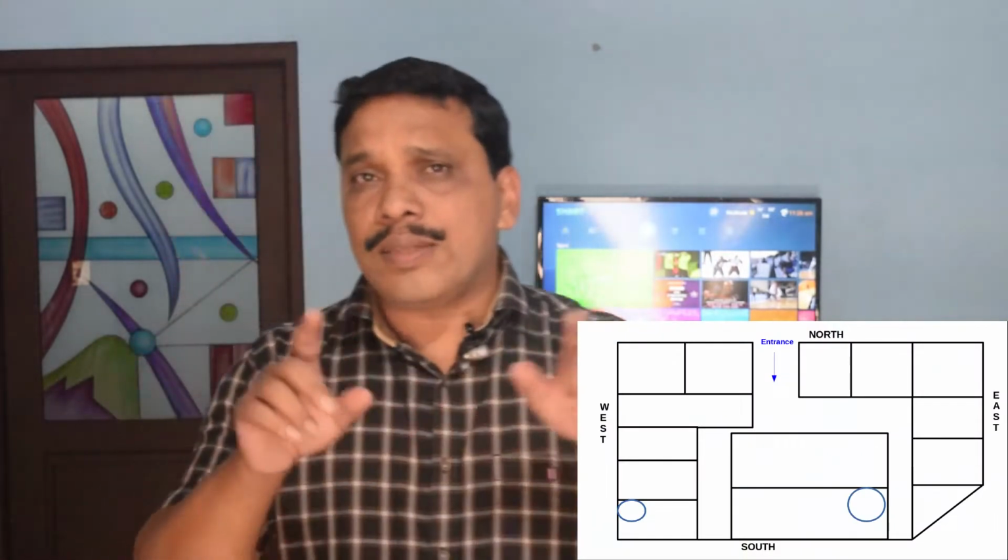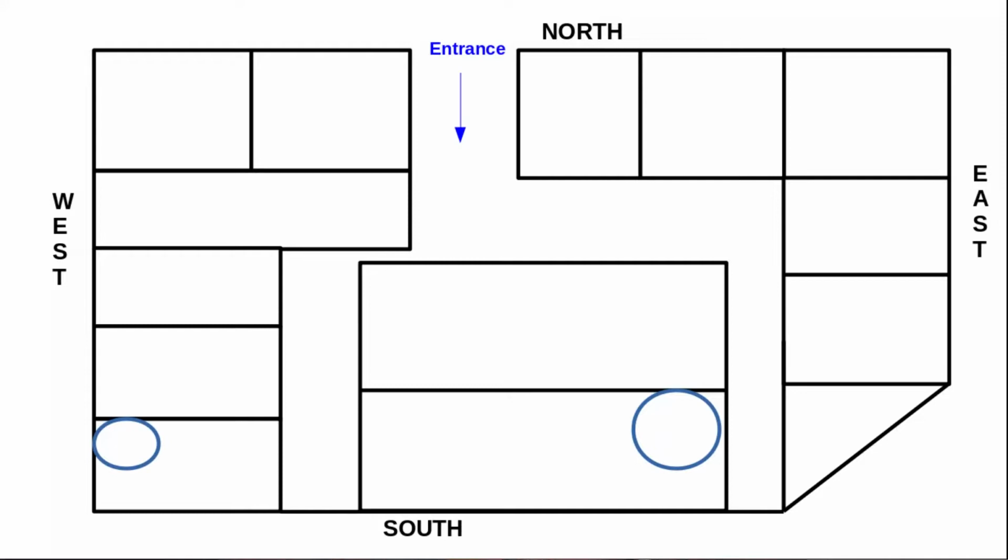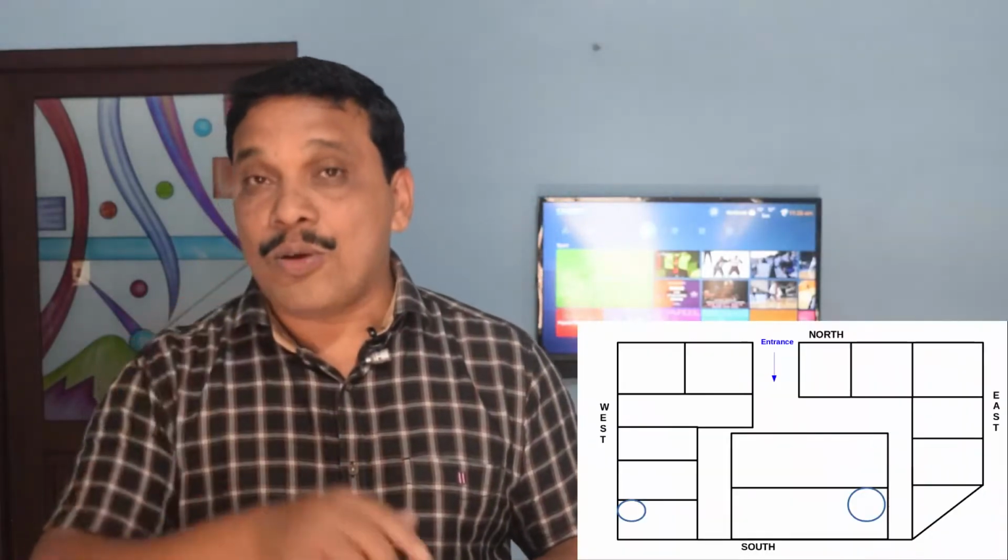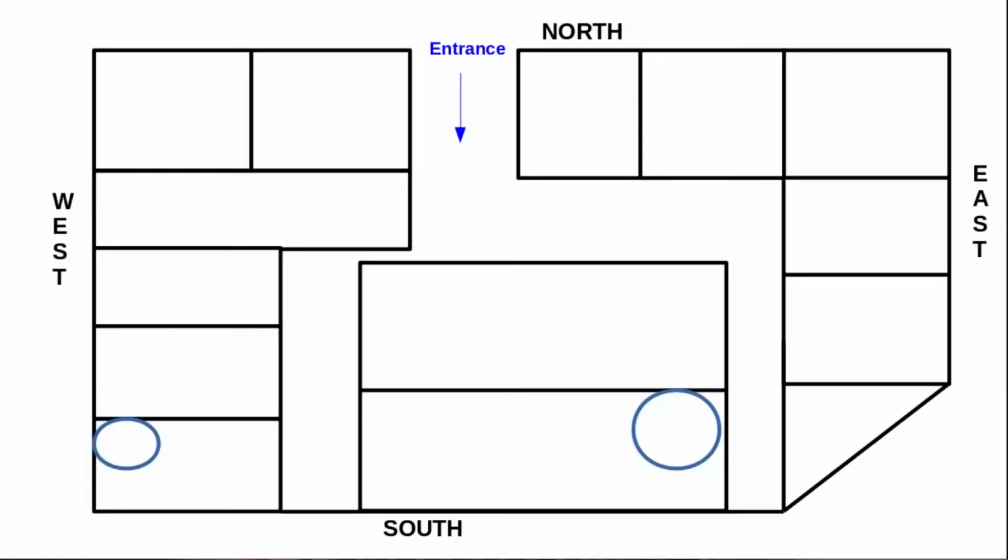Then what you can see, some columns are there, right? See, some columns are square and some rectangular shape, and on the corner, on the east side, you can see a triangular shaped column is there. I would like to ask you, what is this plan about? Can you say? Yes?